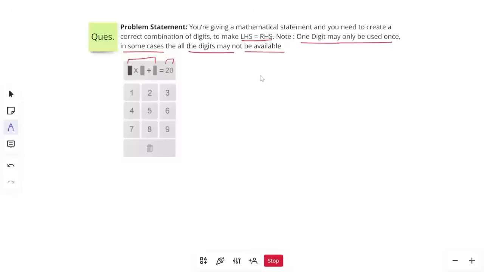See, the main condition that is given to us is you cannot use one digit twice. For example, let's write this equation here. So we have these places that we need to fill using the digits from 1 to 9. Now it is already told in this question, although we are given all the digits from 1 to 9, there can be questions where you are not given all the digits. They might give you a few digits out of 1 to 9, like 4, 2, 5, 8 or something, and you have to use those only to find your answer. But in this question, since all the digits are given to us, let's try to find out